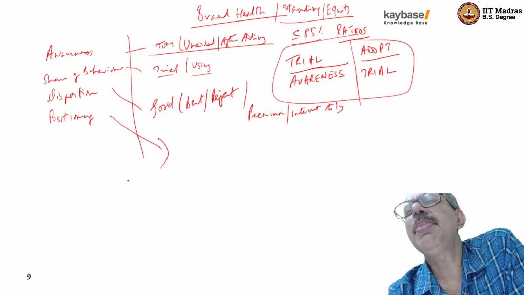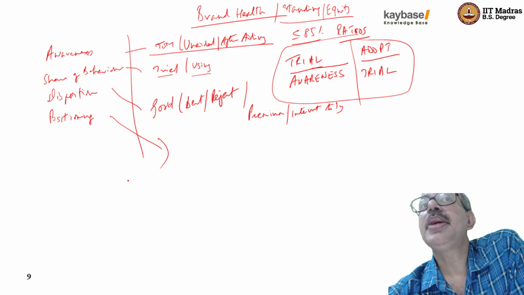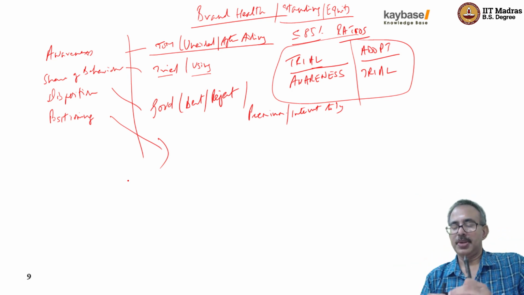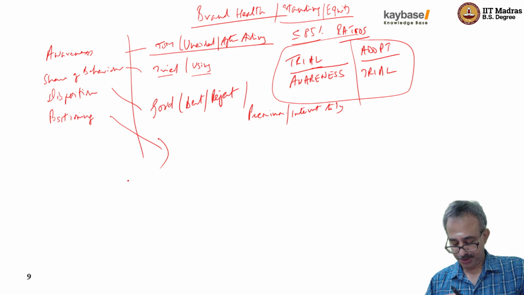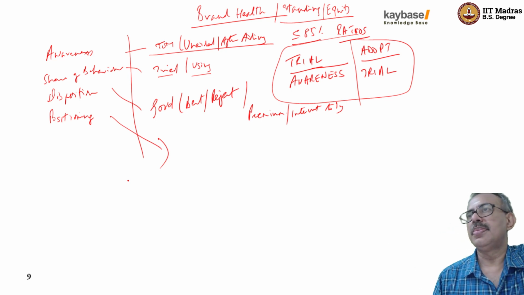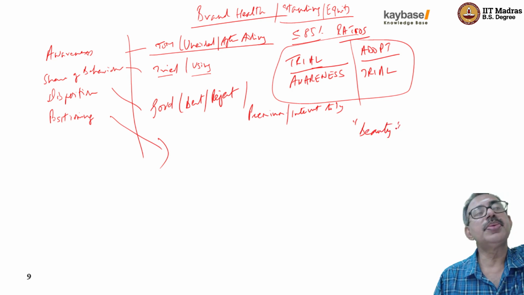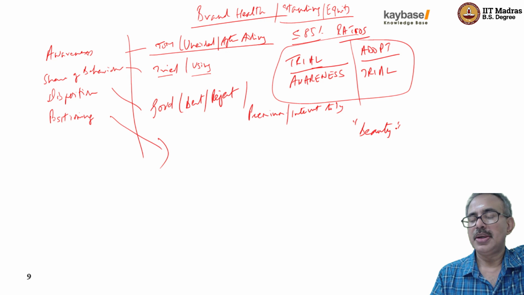Clients? To some extent, positioning is the quality that the brand stands for in the consumer's mind. It is a quality that the brand stands for in the consumer's mind. So, for example, Lux has taken a position of beauty. Filmi sitaron ka sabun, right? Lux has taken a position of beauty. It is associated with beauty, right?